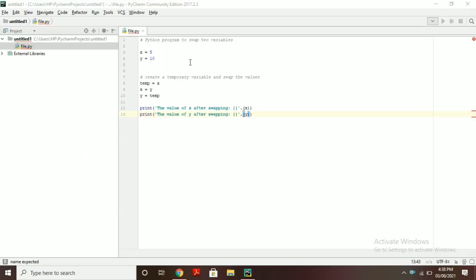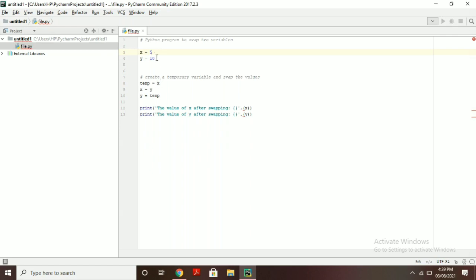Here, we have taken two simple numbers, x and y, and we have taken values in them. I have taken the value of x as 5 and y as 10, integer values. We'll swap the two values. First we'll see a program in which we take a temporary variable called temp and swap the values.